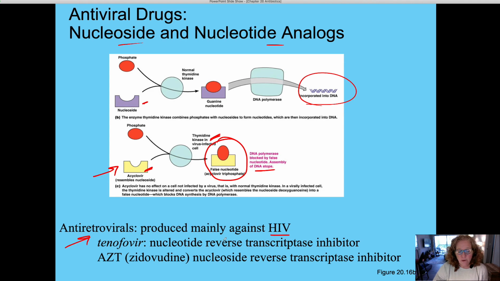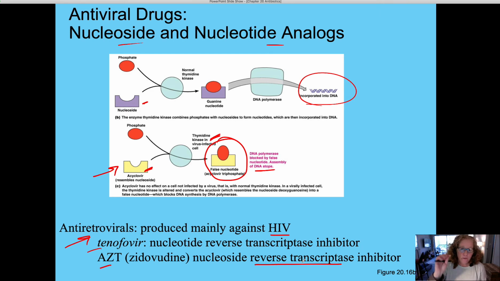Now, in antiretrovirals, again, these are produced mostly against HIV, the human immunodeficiency virus, and two of those are tenofovir and AZT. AZT was actually the very first one. This is because HIV brings with it a couple of enzymes, and one of them is a reverse transcriptase. Reverse transcriptase, if you remember,